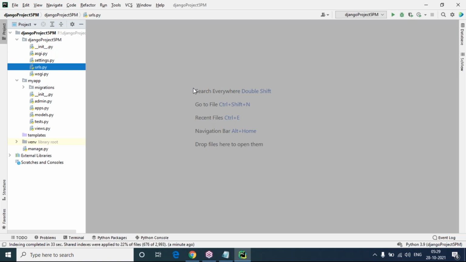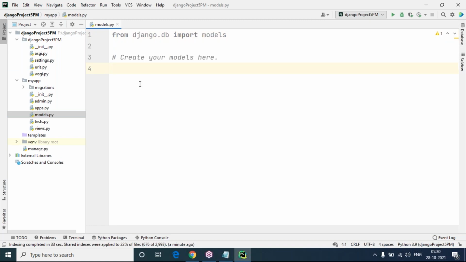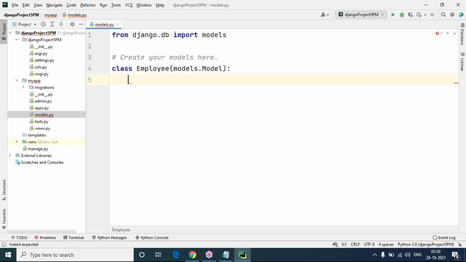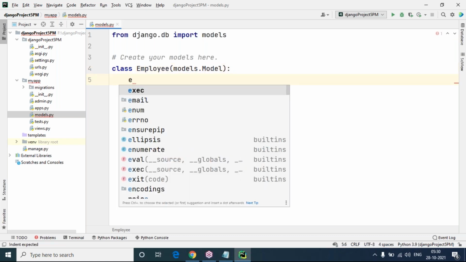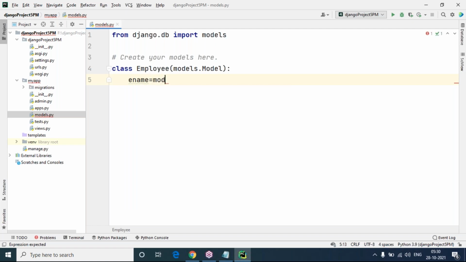Not required for this. Now immediately, first I'm going to do models.py. Yes, let's go to models.py of your application. The application name is my app. I'm going to create an Employee model now. Previously we discussed a Student model; today I'm going to show you an Employee model. The model name is Employee, with models.Model, and simple fields, no complex fields. Suppose I take ename equals models.CharField.